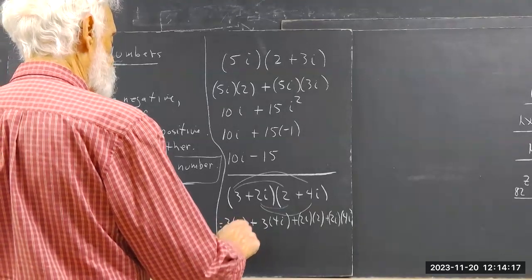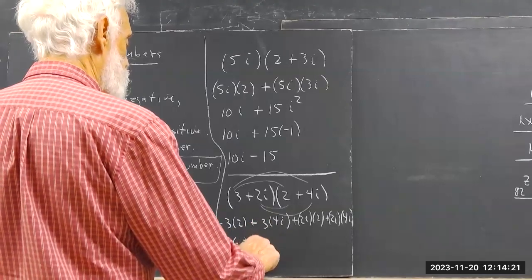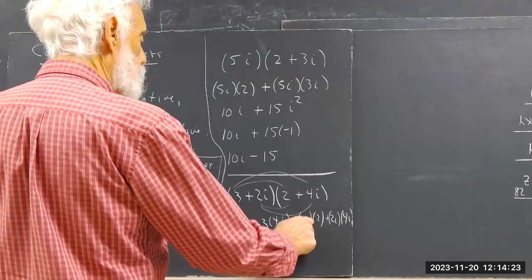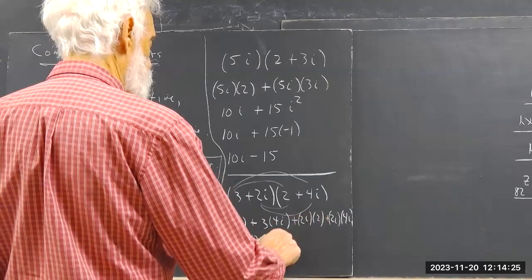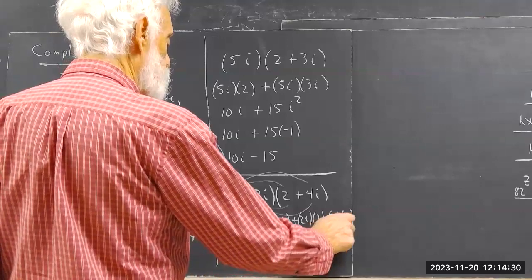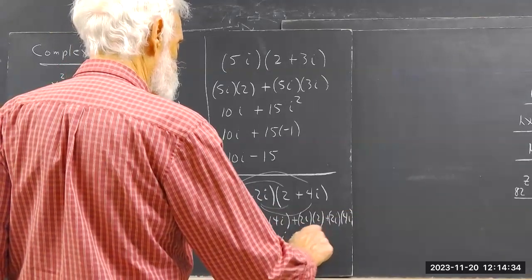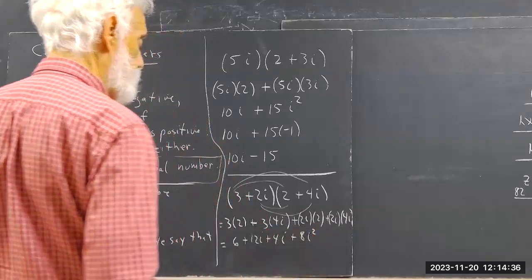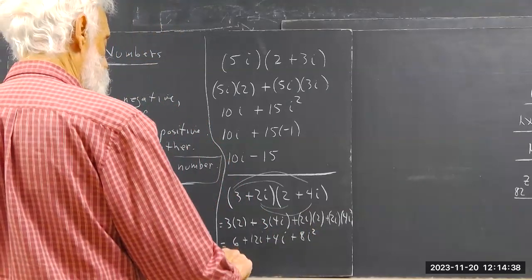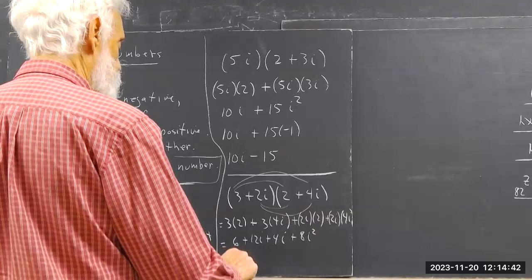Well, 3 times 2 is 6. 3 times 4i is 12i. 2i times 2 is 4i. And 2i times 4i is 8i squared. And i times i is i squared. This equals 6